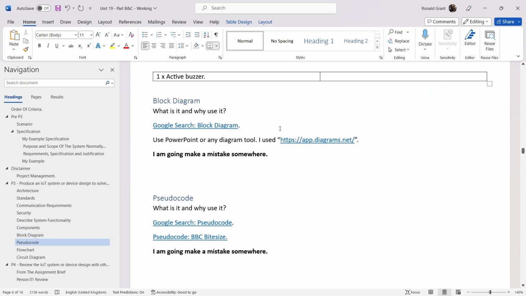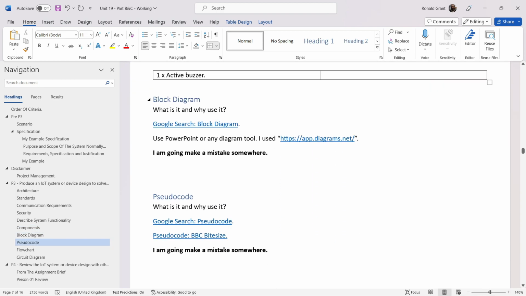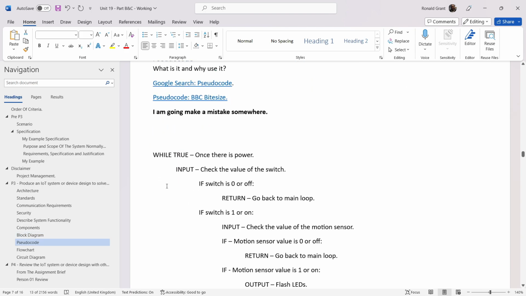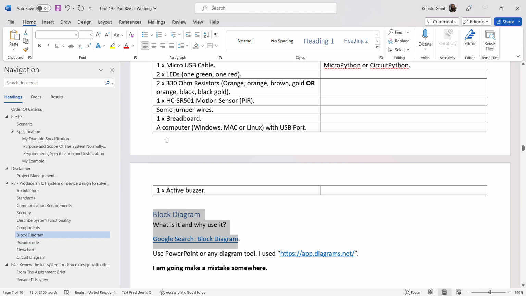Okay, I believe that's everything for that part. Now I'm going to jump into block diagram, pseudocode, and flowchart. So I'm going to do a separate video for these because I want to show you guys step by step how to do a block diagram. It's super easy, but I still want to show you guys